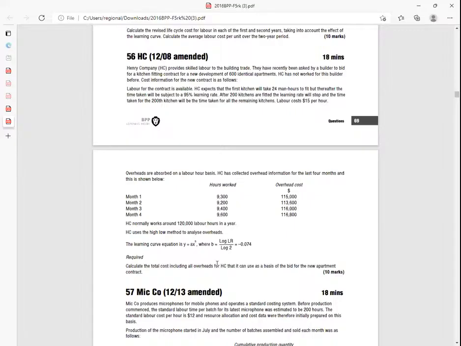To get the labor cost is fairly straightforward. Remember what they have done. They have given us the A, they have given us the B, so I can easily estimate the labor time, and the labor rate is also given. So I would want us to get the labor cost. I'm giving you 10 minutes only. Give me the labor cost. Try your best. This one we should be able to nail it down.